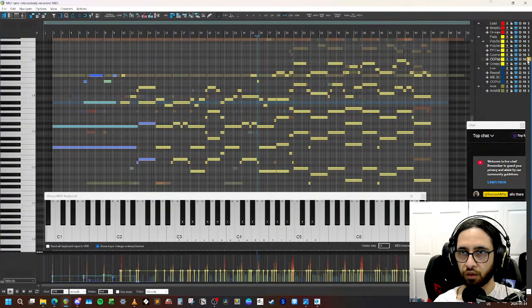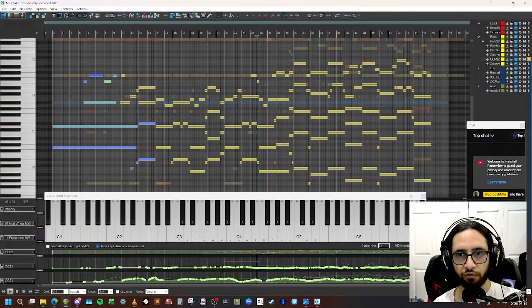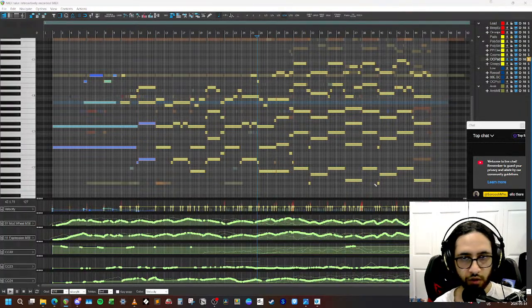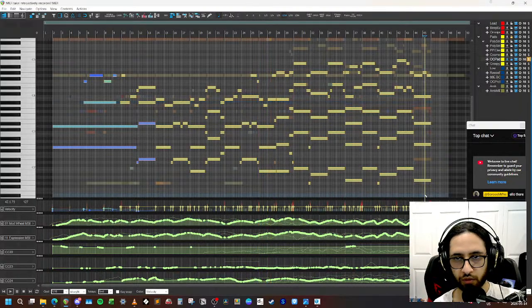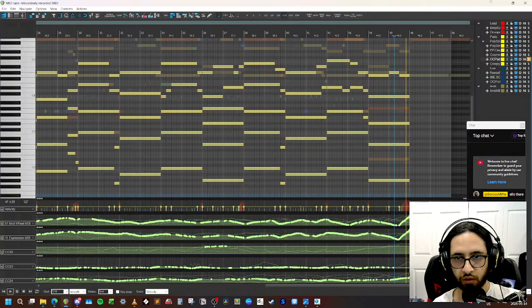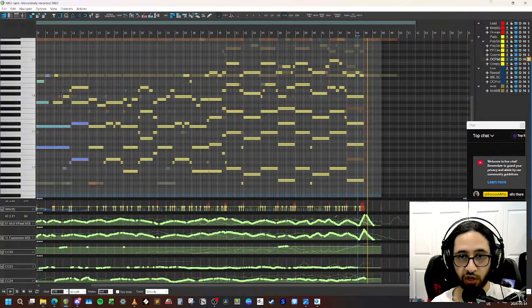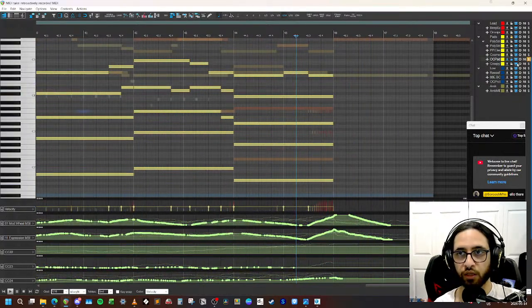Maybe we can look at the sound. Actually, we kind of did. Let's just look at what kind of stuff I did. Yeah, so mod wheel, volume, and also the mic positions. So you can hear there's that big swell at the end. Let's hear that with the rest of the track.